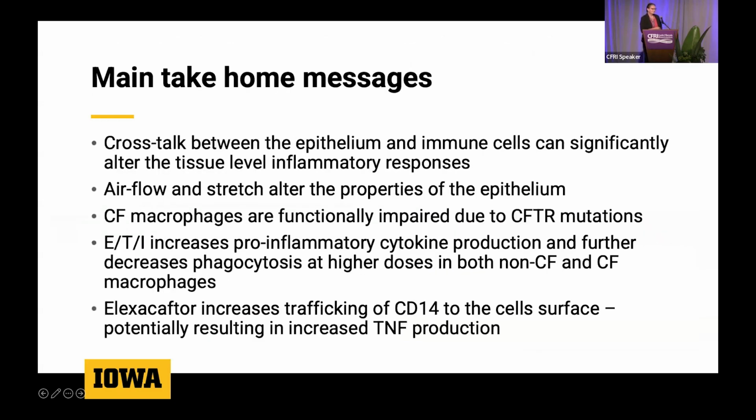So to summarize the talk, I think what we've seen here is that there is crosstalk between the epithelium and immune cells, and this can significantly alter the tissue-level inflammatory responses. We've seen that airflow and stretch can alter the properties and the function of the epithelium. And we've shown that CF macrophages are functionally impaired due to CFTR mutations, and that modulators actually seem to be having an increase in pro-inflammatory cytokine production and further decrease in phagocytosis at higher doses in both non-CF and CF macrophages,